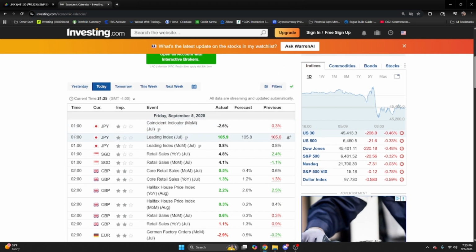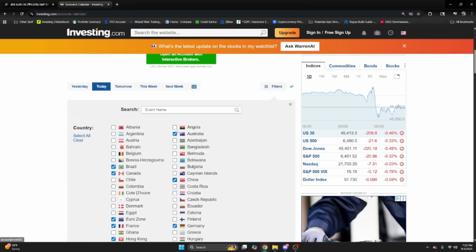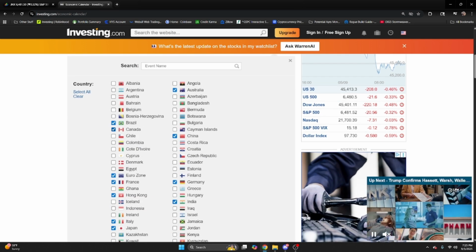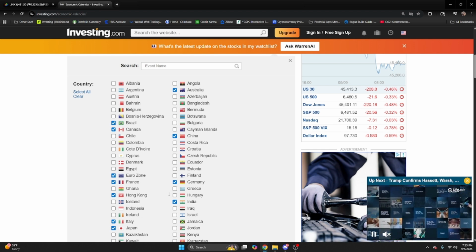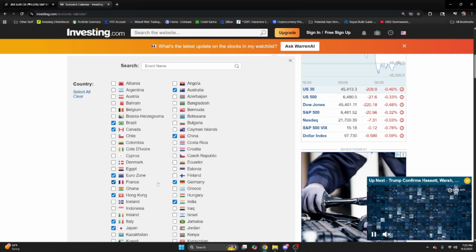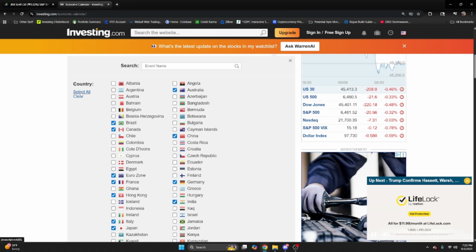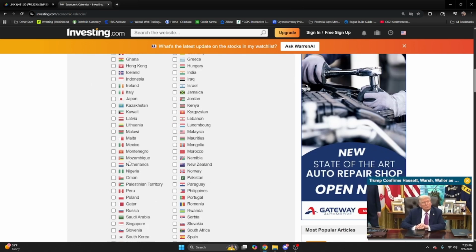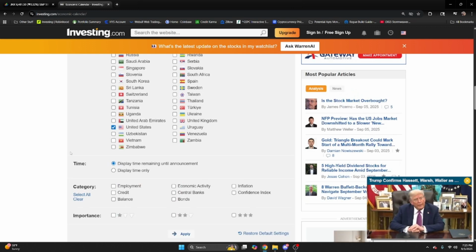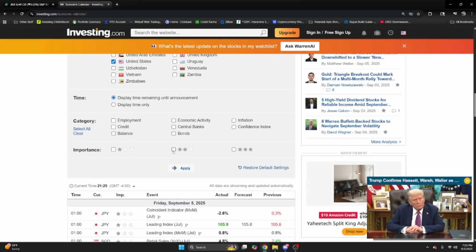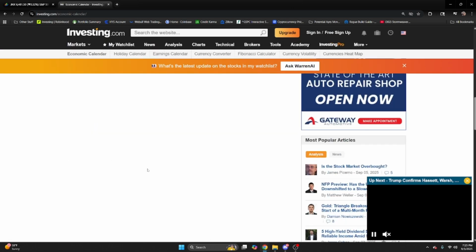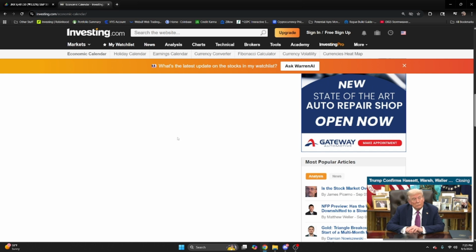to today. What I like to do oftentimes is I'll filter this out. You can look at all different countries' indices, what they have going on in their economies, etc. I'm based out of the United States here, so I'm just going to clear all of that out. Check the United States, and then you can check on importance here. I like to only prioritize the 3-star, the most important ones. Hit apply, and then we can see here